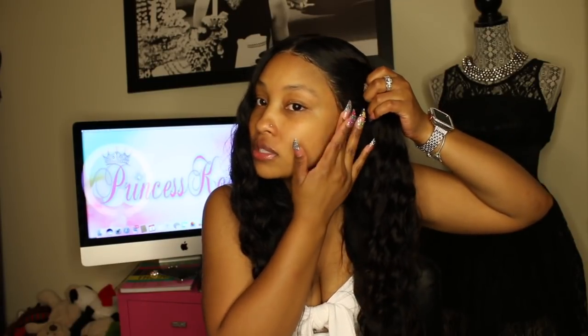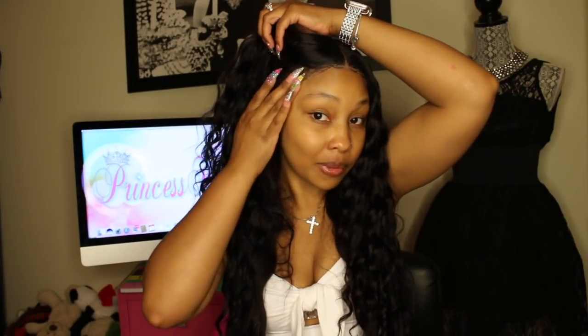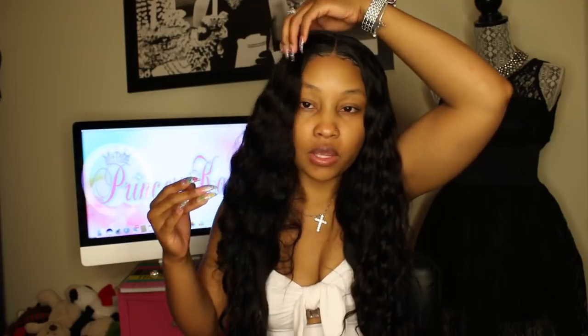I don't know if it's because on this side it might still be kind of laid, or if it's because I only did like 2 layers, but it's not really staying where it should stay, and it's really sticky on this side because it has pushed back quite a bit. So I know I'm not going to keep it on too much longer. I'll probably redo the install if I want to keep it in, but I love the natural